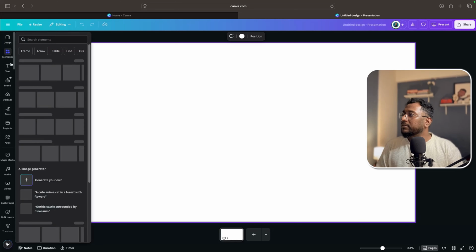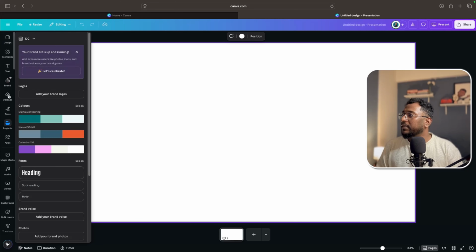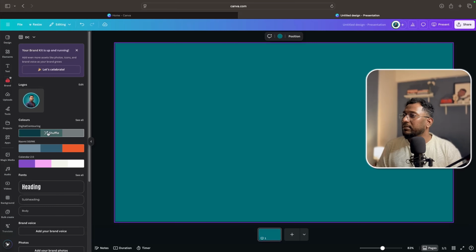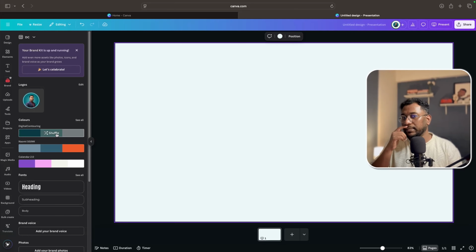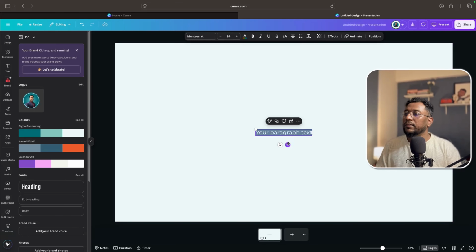So let's start with my colors that I use from the brand kit. I will select the color from here. This is the color that I use for my branding. You can shuffle it around and see which color you like to work with. For example, let's take this, and if you press T on the keyboard, a text box will appear here. Let's add the topic name here, Canva Magic